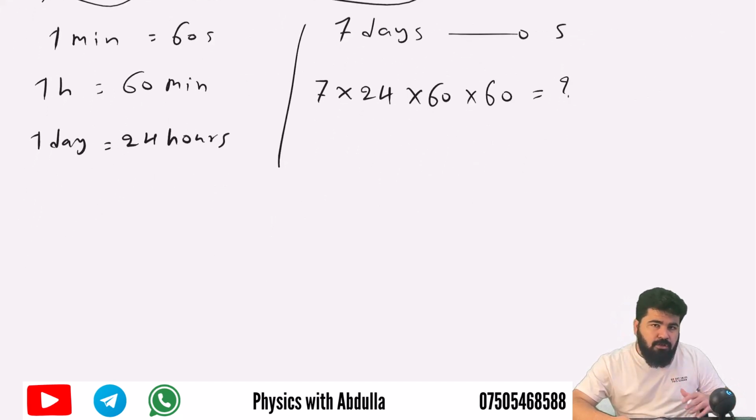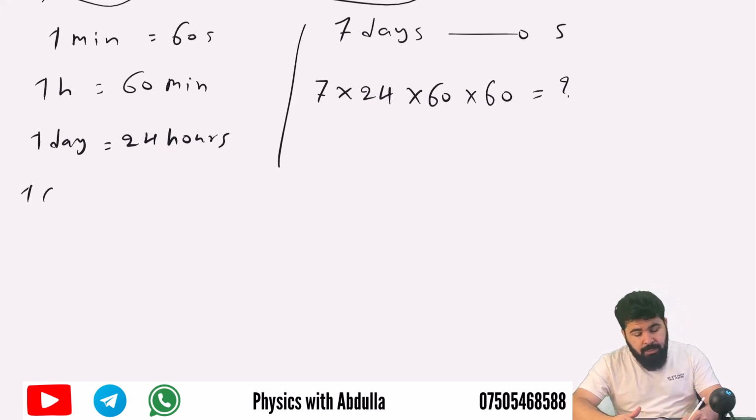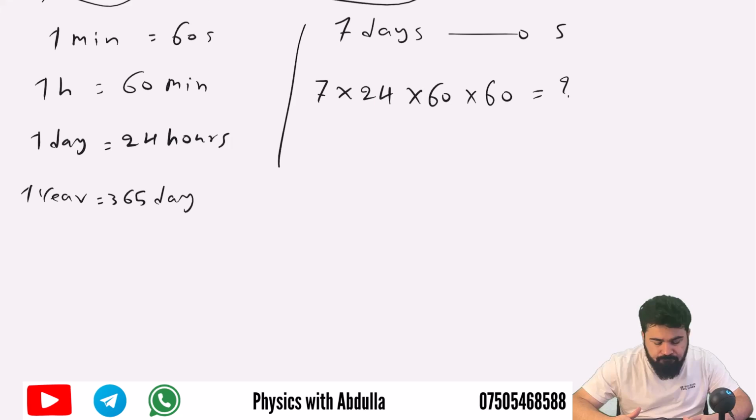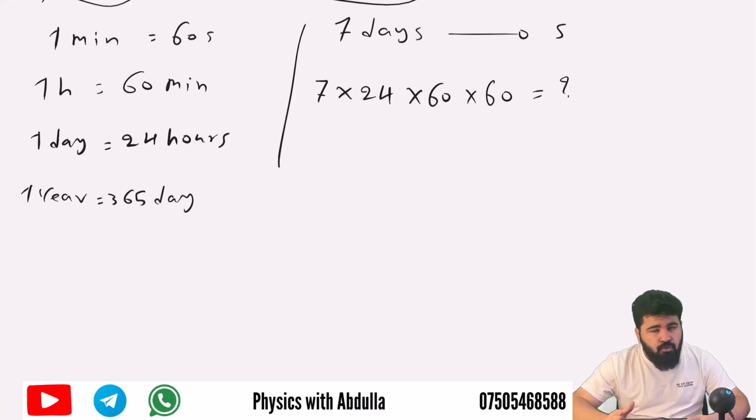Same thing for years. For example, you are changing 2 years into seconds. We're going to say 2 times 1 year, and let's write that down, 1 year is equal to 365 days. Okay, and 1 century is equal to 100 years, 1 decade is equal to 10 years, and all of these. So if you change 2 years into seconds, you're going to say 2 multiplied by